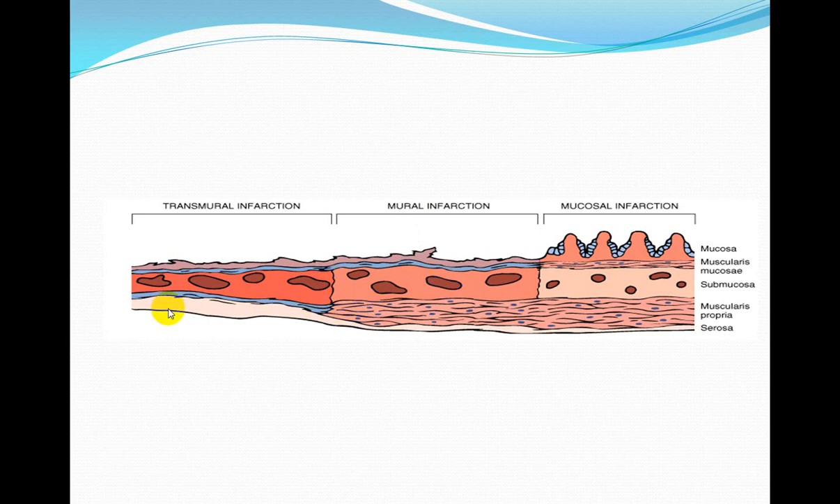But if one of the major trunks becomes obstructed, it will result in a transmural infarction or ischemia. Clear? The transmural infarction is very serious and has a devastating clinical impact. Why? Because now the 3 or 4 layers of the intestinal wall have undergone infarction,